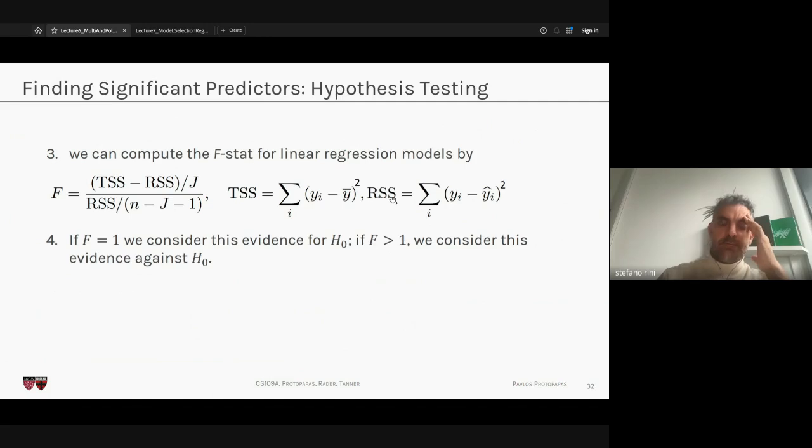This is the average, and the RSS is the predicted values, right? So for the RSS, you use the linear predictor. You take the label y and you subtract the label predicted by your model. Okay, so if f is equal to 1, then we take this